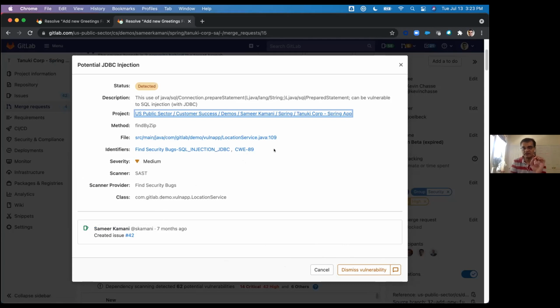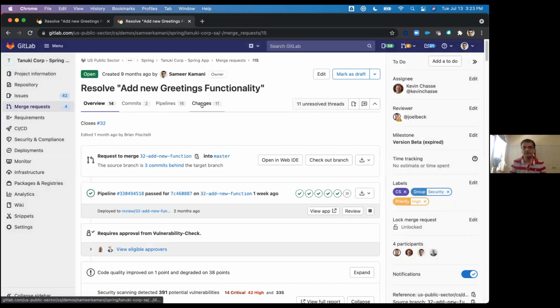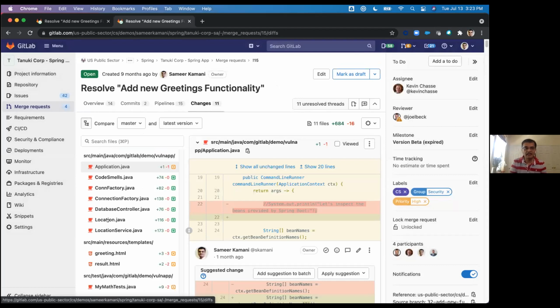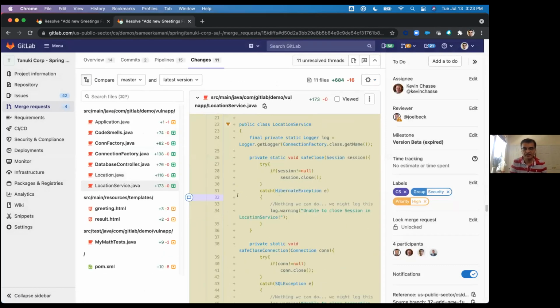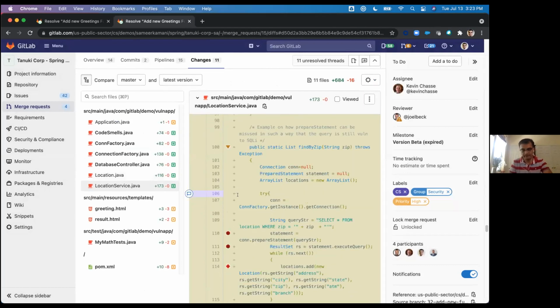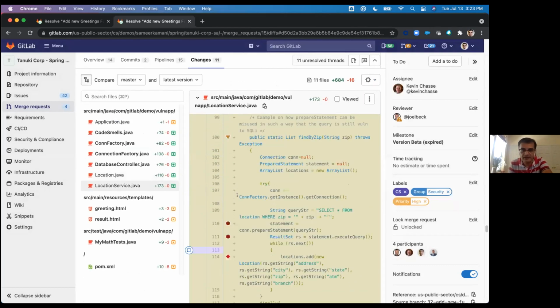But the real nugget that I want to point out is if I go to location services Java 109, so if I go back up to my changes and go to location service and line number 109, let's see, there it is. Okay, this is where that vulnerability is. It's a JDBC, it's a Java,